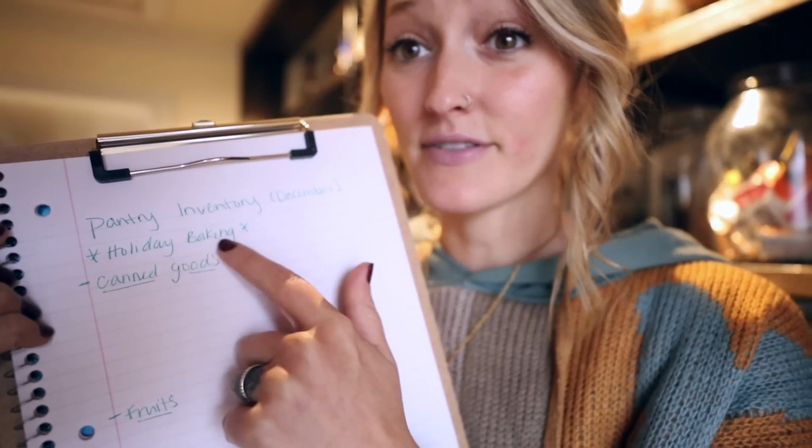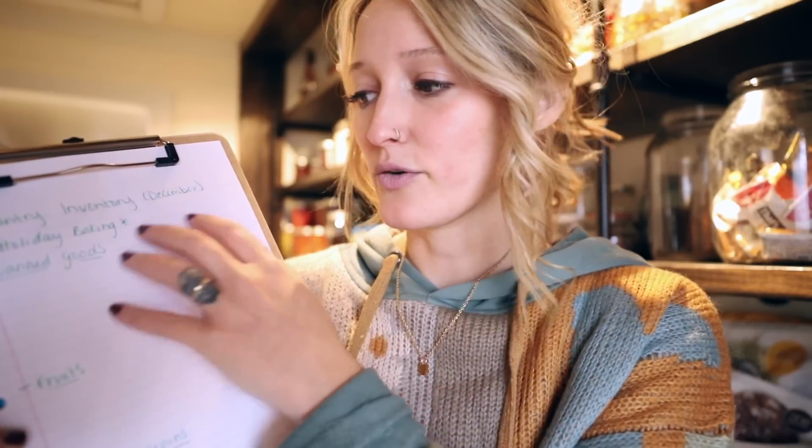Essentially at the top of my list I've got here holiday baking, but if I have some sort of event or we know we're hosting several times in that month, I'll put that at the top of this list. That way I know I need to buy extra for those things. And then I have it categorized here: canned goods, fruits, nuts and grains, and extra things. As I'm going through the pantry and I notice I'm out of stock of something, I'll write that on there, how many I need, and it gives me a good assessment when I get ready